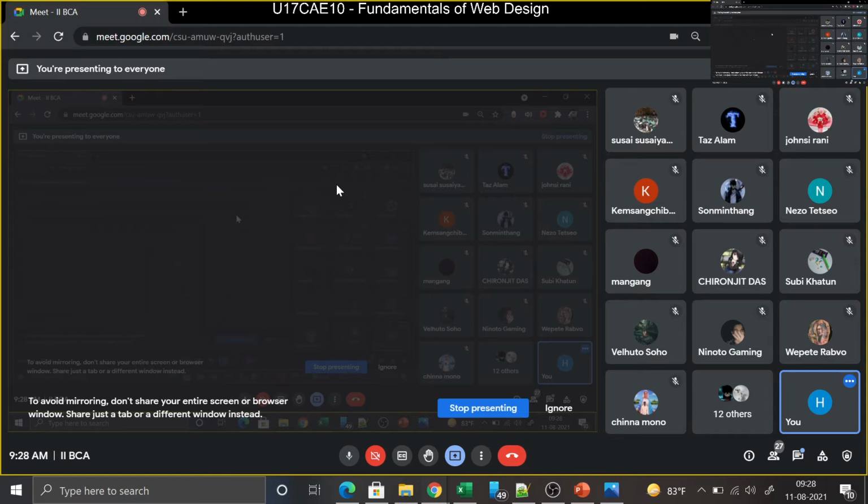And there's nothing fancy about that. 1 is the highest size, followed by 2 which is smaller, 3, 4, 5 and 6. So the benefit of this heading tag is that it automatically increases the size. You need not increase the size, and it will bold the text for you itself.